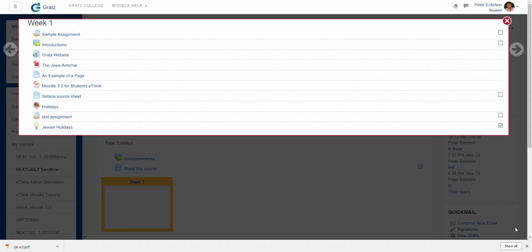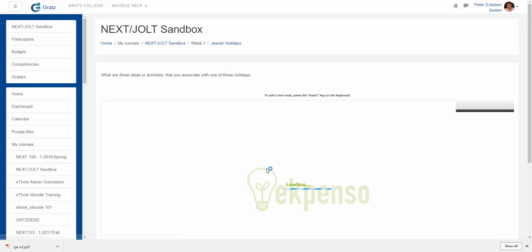A mind map is a diagram for representing tasks, words, concepts, or items linked to and arranged around a central concept or subject. In your Moodle class, you might be asked to participate in this brainstorming activity. To get started, all you have to do is click on the text next to the light bulb icon that represents mind map. So we're going to click on Jewish holidays, and we're going to get to a screen that